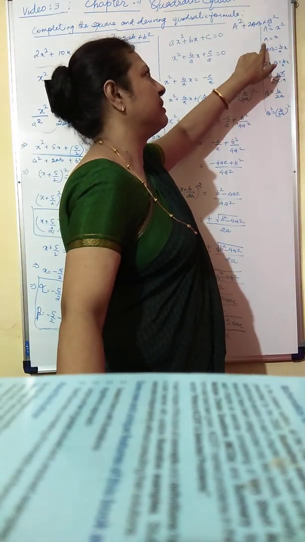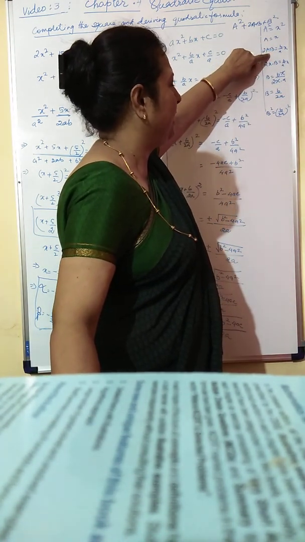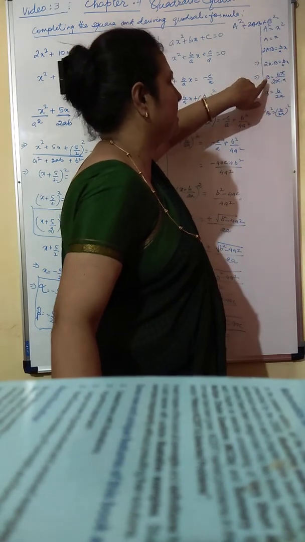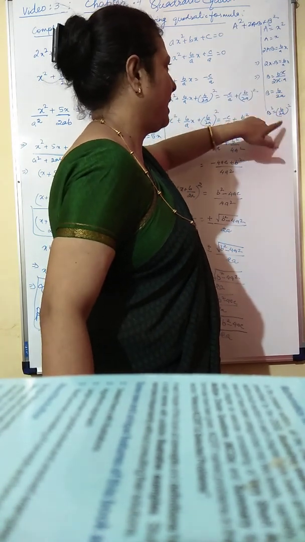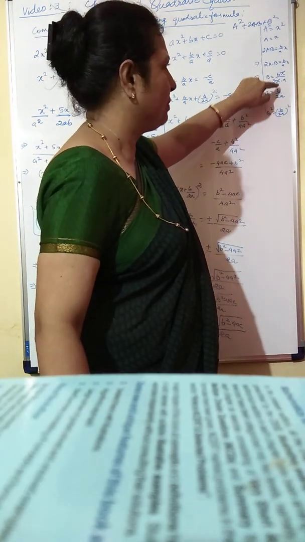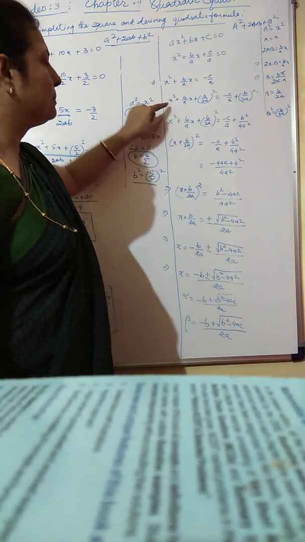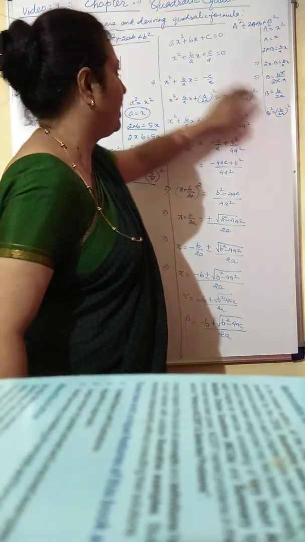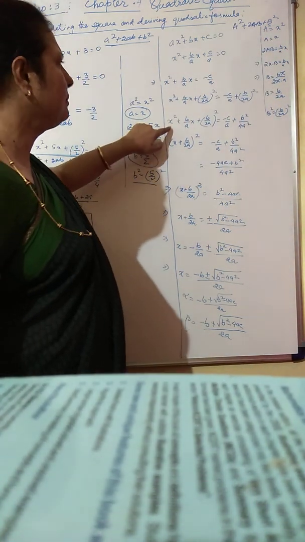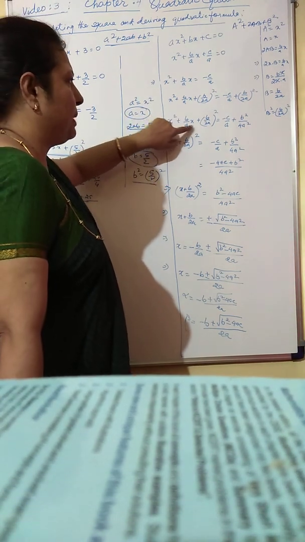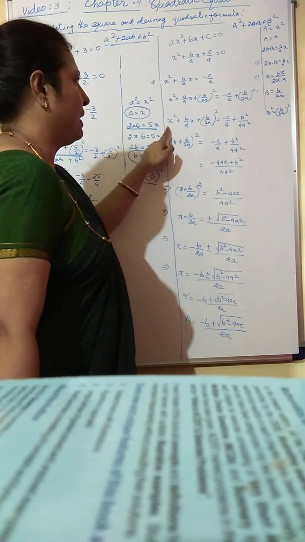So my a square is x square, so a is equal to x. 2ab is b by a x. Substituting the value of a here, 2x into b is b by a x. So b is equal to bx by 2x into a, x and x cancel. So the value of b which you get is b by 2a, and b square is (b by 2a) whole square. Now we have to add this b square on LHS and RHS both to complete the square on the LHS. So here we get x square plus b by a x plus (b by 2a) square, added here and added on the RHS also. Now simplify.